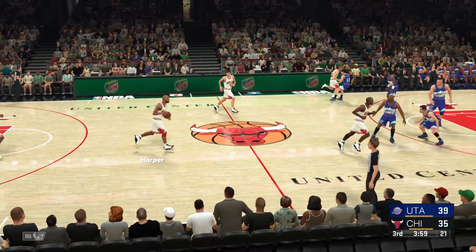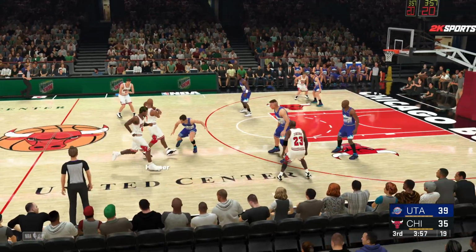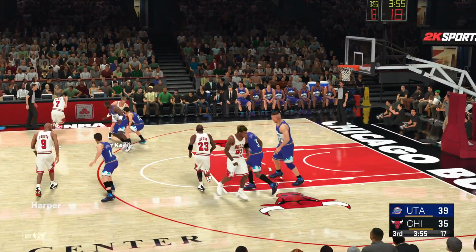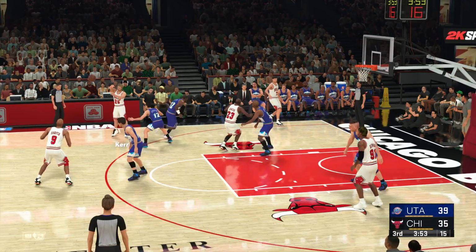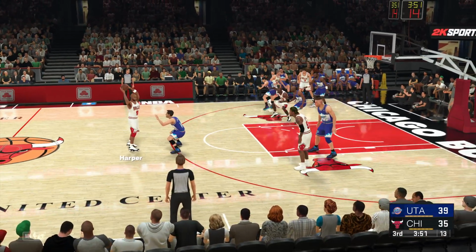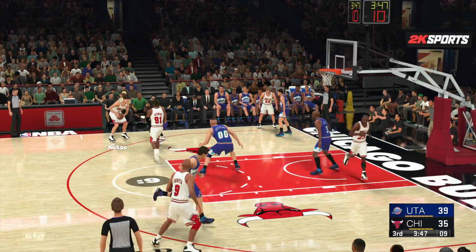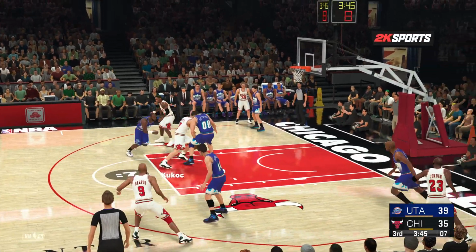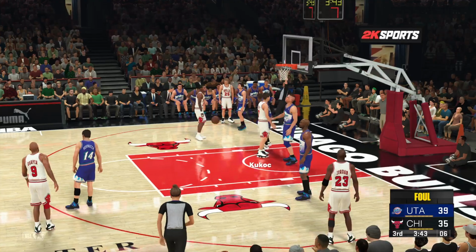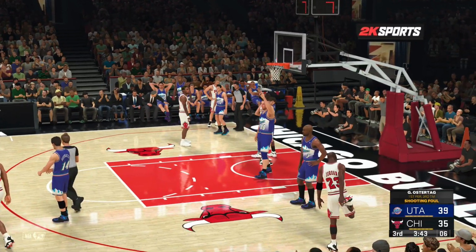Bulls trail by 4. Harper kicks to Kukoc. Harper against Hornacek. Outside, Kukoc. And foul on the shot, so he'll get a chance at the line.